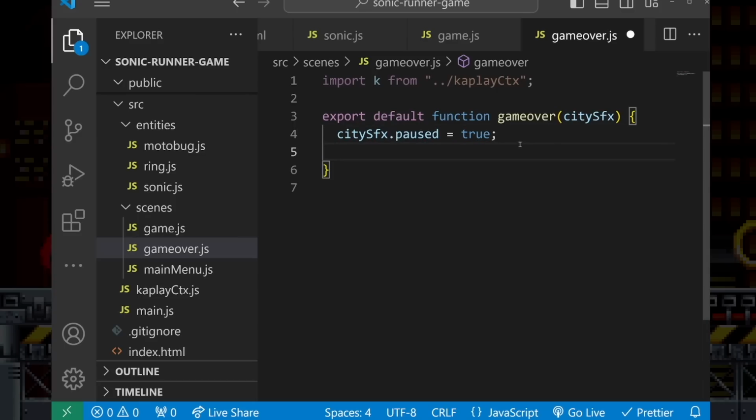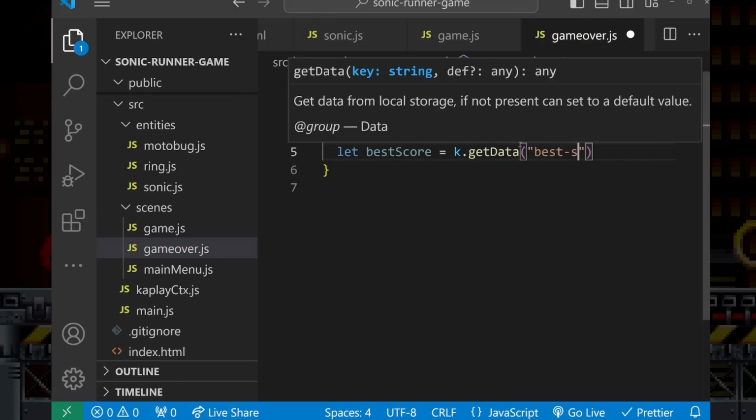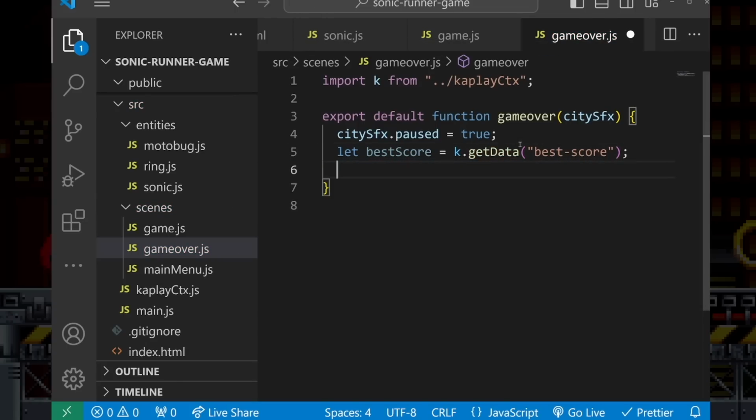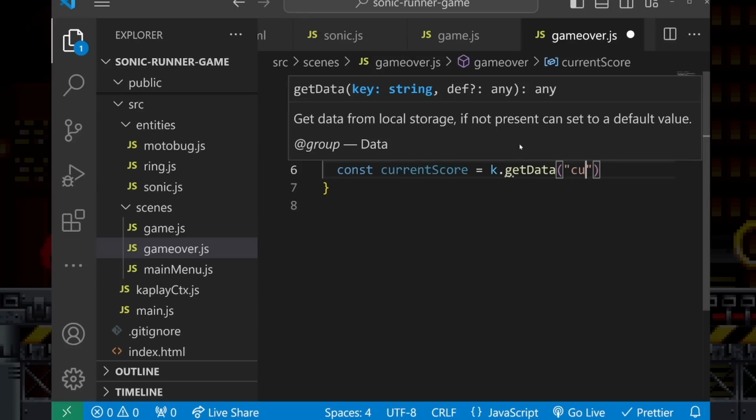And then here we're also going to have a best score variable, which is going to get the data from local storage for best score. Remember, when you start the game, best score is created, so even if the best score is 0, it's going to be defined here. Then we're going to create a current score constant